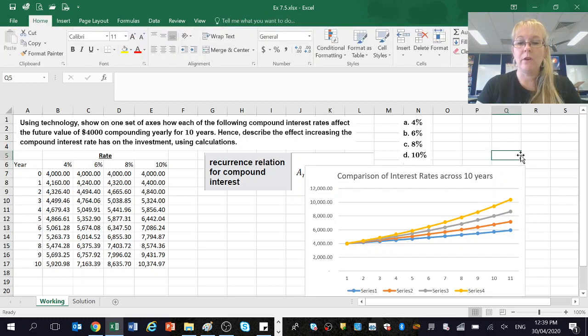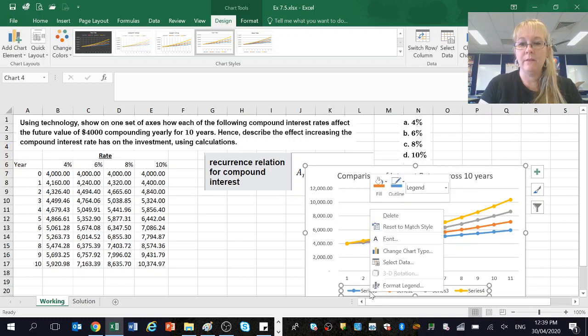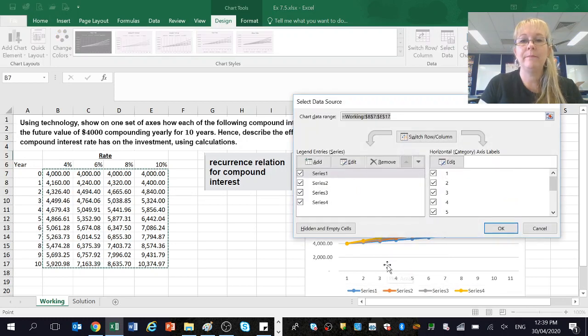Now you'll also notice that down the bottom I've got all these words, Series 1, Series 2, Series 3, Series 4. I don't want that. So what I'm going to do is click on that part of the graph, on the legend there. If I right click on that now, it's going to ask me to select the data. That's what I want to do, and I want to tell it where to find the actual information for each of those data points. So now if I click on Series 1,